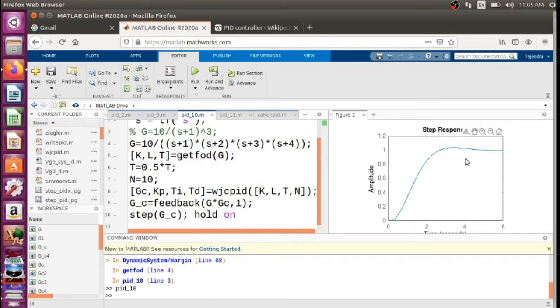It is giving you a response with little overshoot, and although the settling time has increased and the rise time has also increased, we are getting a substantially good response, without much overshoot.